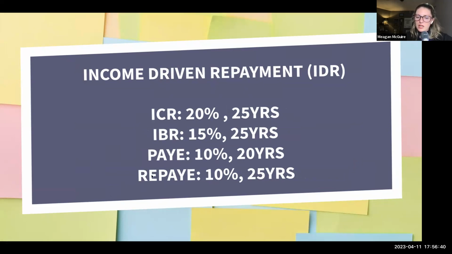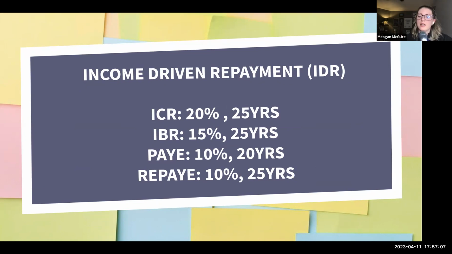So what they're thinking about doing for the REPAYE plan is they want to make the poverty line deduction a lot more. So we talked about how that discretionary income is calculated. It's 15% of discretionary, 150% of the poverty line deduction. They want to increase that to 225% of the poverty line deduction. So that would make just about anybody's payment cheaper.